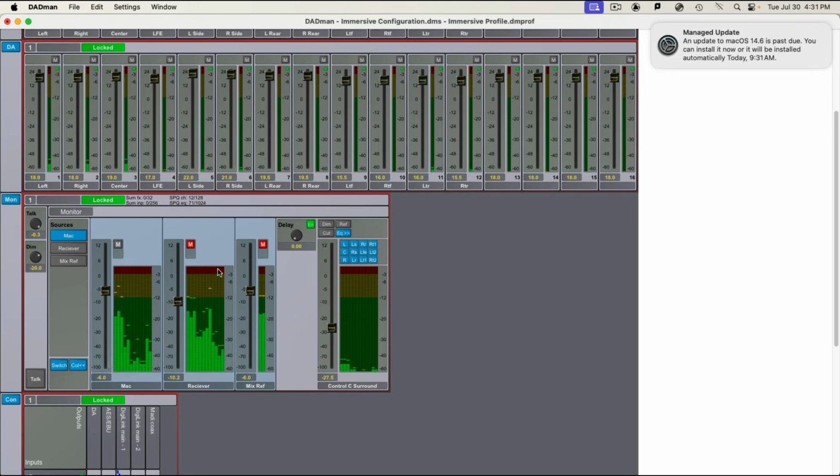I can also switch to what we call the receiver, and here Apple TV, which is currently Earth, Wind, and Fire playing in immersive, so I can quickly compare roughly how low end and treble are sitting, and even level,